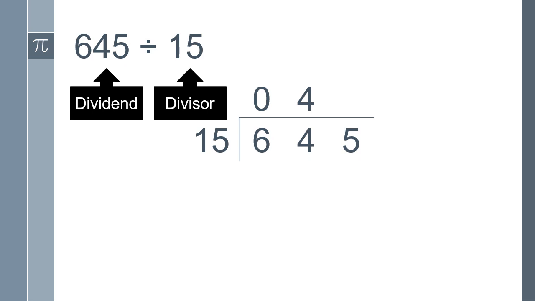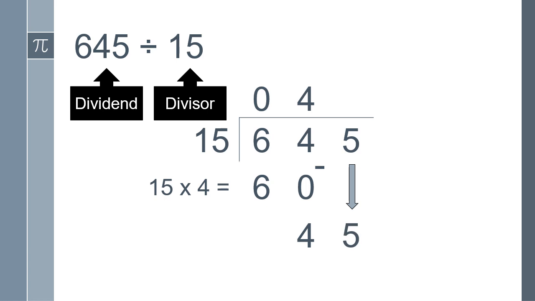Now I do my multiplication sum. So I multiply my divisor by that answer of 4. 15 times 4 is 60, and I write it underneath the 64 that I've got there. Then I do my subtraction sum, 64 minus 60, and that gives me an answer of 4. My next step is to move that 5 down to where the 4 is, and that number now, 45, becomes